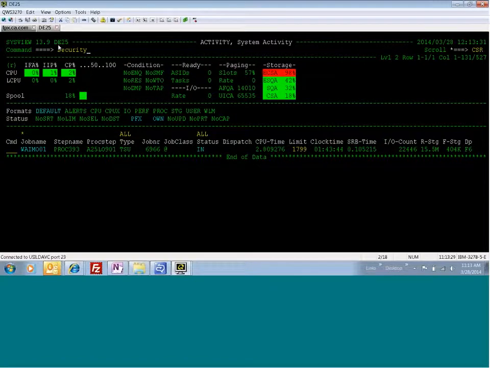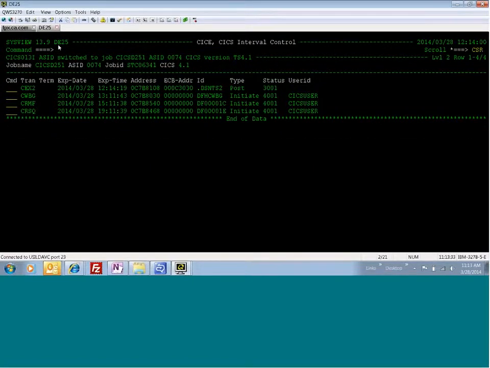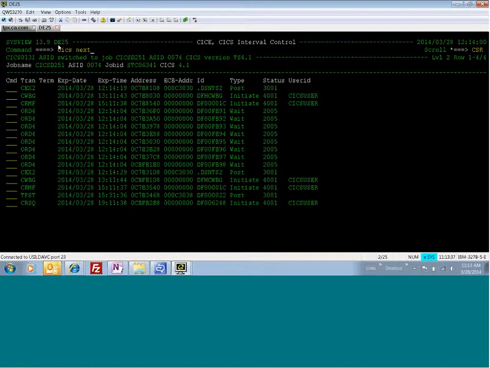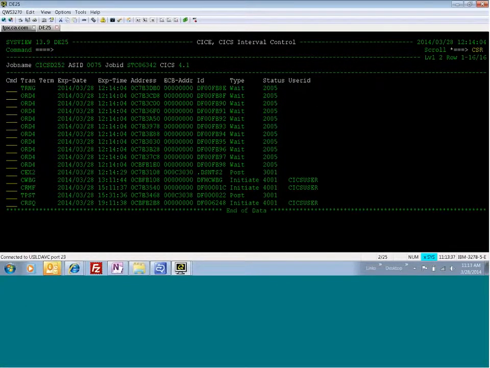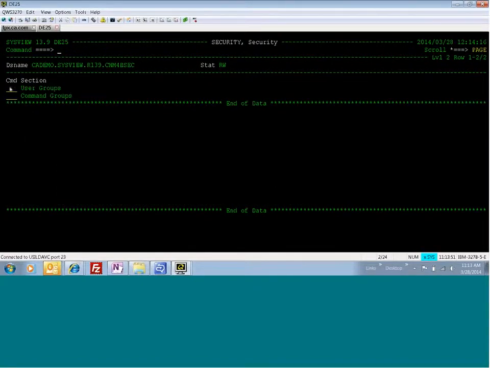Before I go back to the security command, I'm going to do a CI here. I'm going to use the ICE, interval control element, feature of SysView. I'm going to do CICS next. There's a bunch of ICEs here on this CICS region, D252. I'm going to purge one of them because right now I have access. I'm going to purge one of these ICEs. I can do that just fine. Now, if I want to see these ICEs, but I don't want to be allowed to purge them, then I